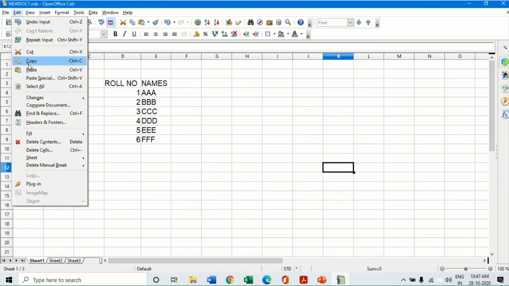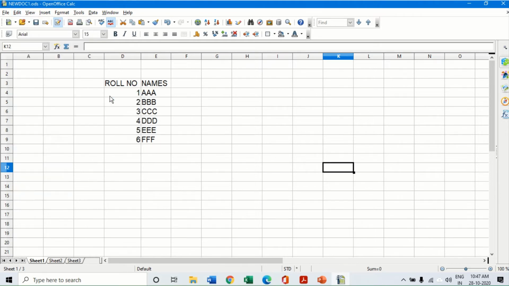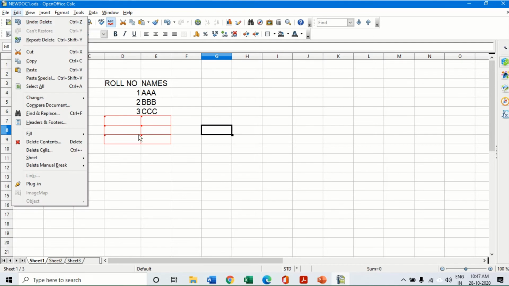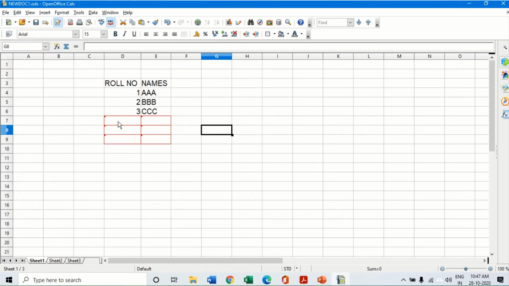But before that I need to record the changes. Yes, I'm clicking on record changes. Oh, I should have started this before the recording. I'm just deleting it once again. I'm going to start recording the changes here, and then I'm going to enter new names. I forgot to start recording the changes, so I've done that again, and now I'm recording the changes. Okay, DDE and FFF. Now I'm saving the file.